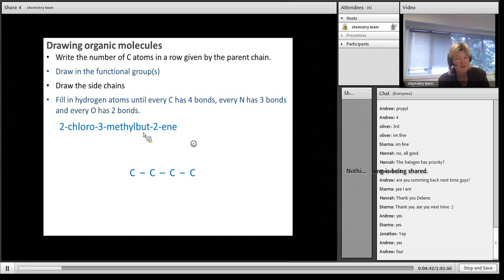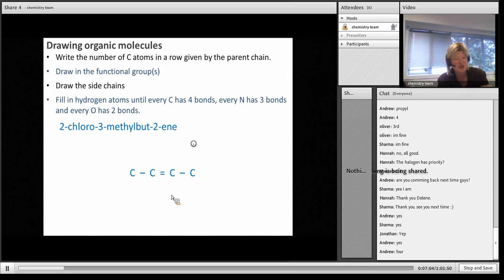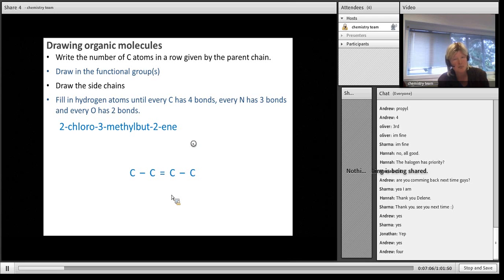Then you put in the functional group and you look to see where is the functional group. So ene means it's a double bond, carbon-carbon double bond, and it's on the second carbon. So if we number this as 1, this will be the second carbon. So we put in the double bond. Now we put in the side chain. So we've got a 2-chloro, so a chloro group on the second carbon, and a methyl group on the third carbon. So remember, this was our carbon 1, carbon 2, so that's where the chloro goes,